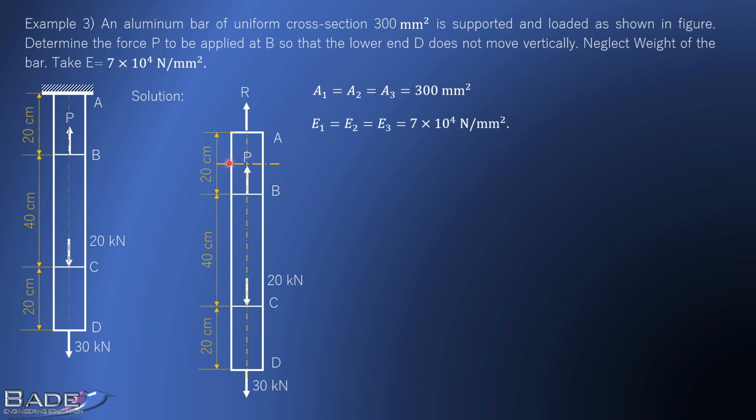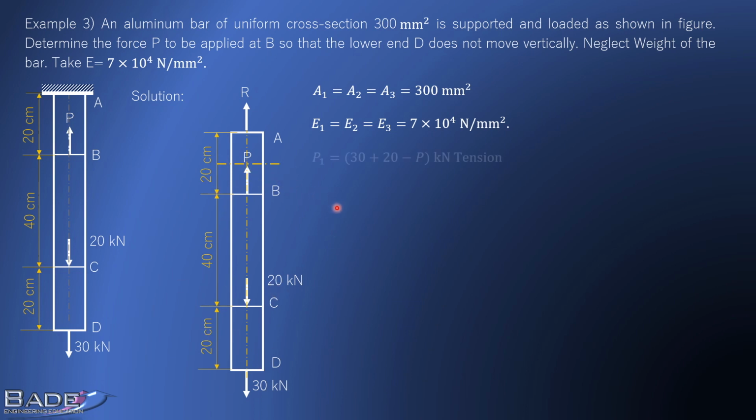So force on this cross section, that is P1, we can write as R kilonewton tension, because it is pull type of force for this cross section. But remember, we are asked to find force P. So unnecessarily don't take this unknown in your calculations. Therefore, instead of considering upper portion to find force on this cross section, we'll consider lower portion.